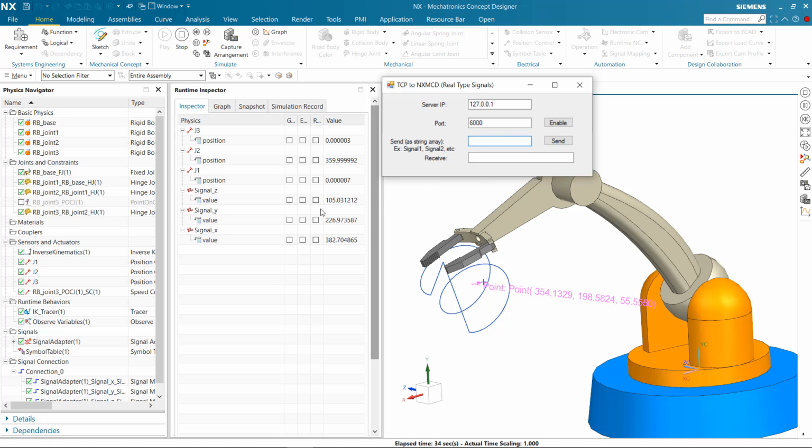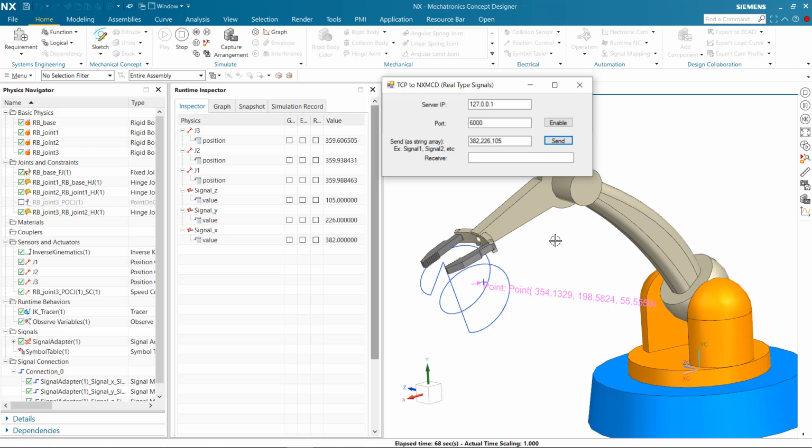So let's say currently these are the current position of this point over here, and the positions are shown here as well. So let me just quickly key in a similar value. So for example, this is the Z position, this is the X position, this is the Y position, and this is the Z position. And I'll click send. Notice that this value has been reset, it has been rounded up to this value,